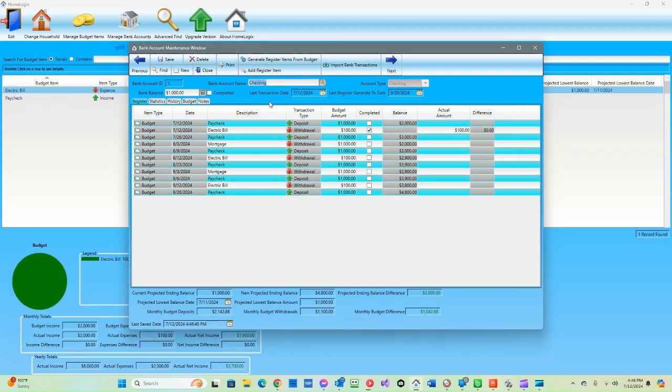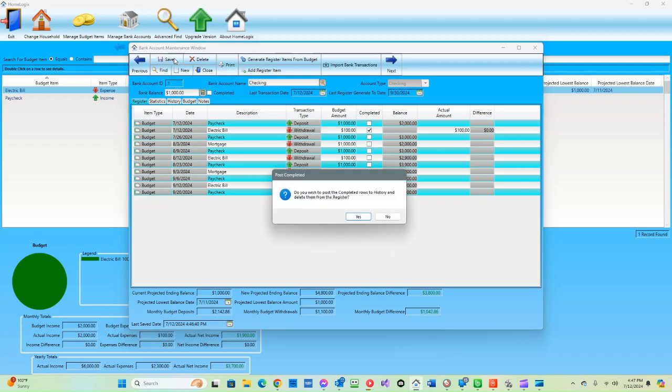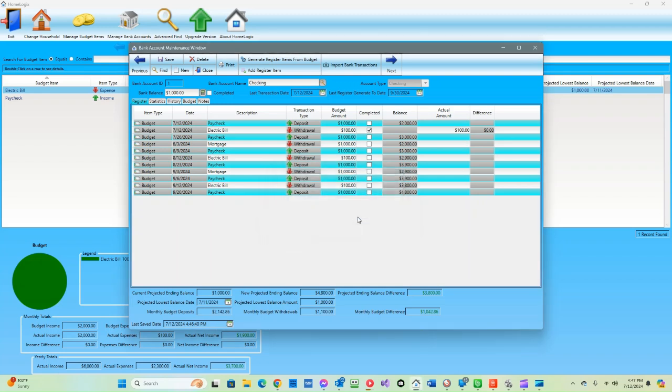And there it is. And it shows it completed. And we're ready to go. And then we click on save. And what it'll do is post the completed items to history and delete them from the register. So you can click save. So do you wish to post the completed rows to history and delete them from the register? You click yes,